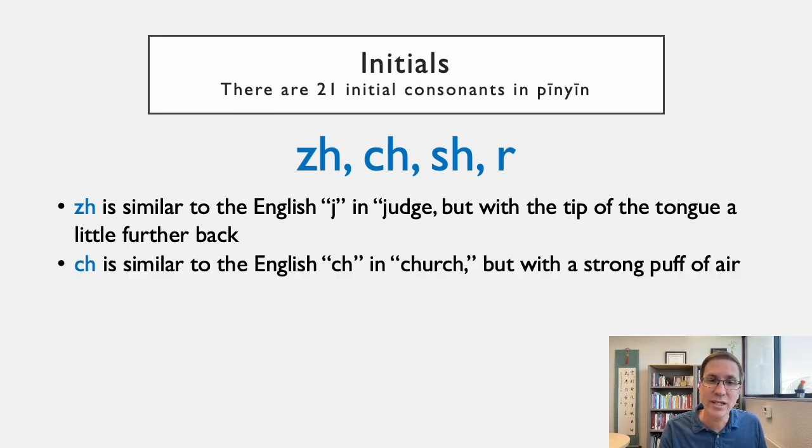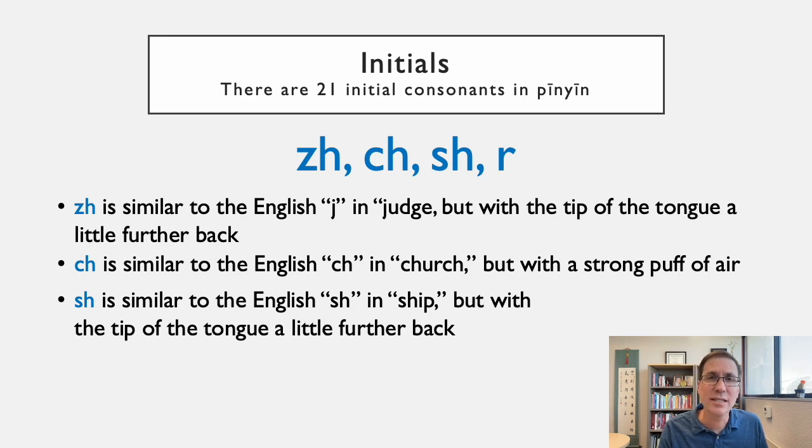With the CH, it's similar to the CH in church, but it has a strong puff of air when you pronounce it. 跟我说吃. The SH is similar to the English SH in ship, but the tip of the tongue is a little further back in your mouth. 跟我说是